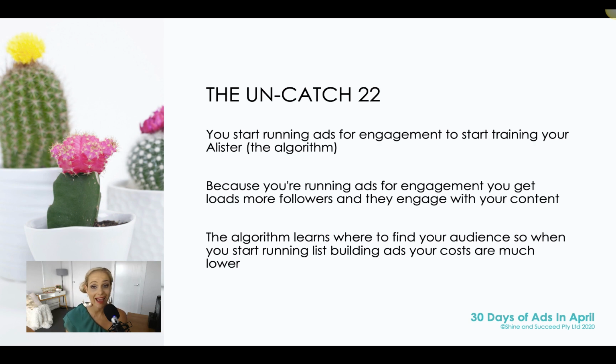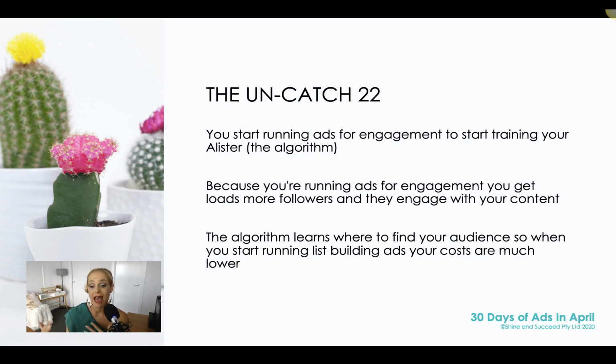Because if you're running ads for engagement, you will see more followers on your Facebook and Instagram page and profile. More followers will be more engaged. More engaged followers lead to more visitors to your website. More visitors to your website starts to train your pixel. More visitors on your website opting in for your freebies trains your pixel even more.